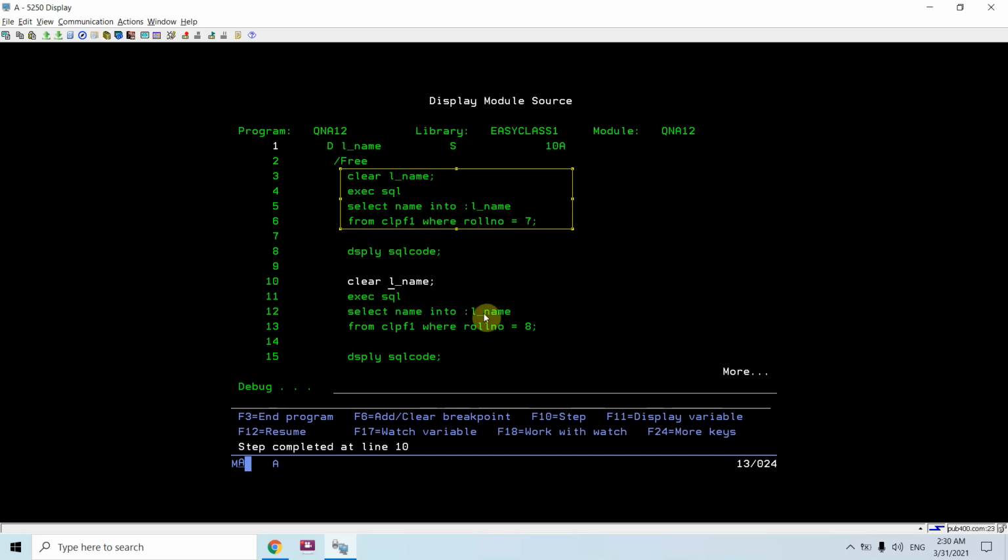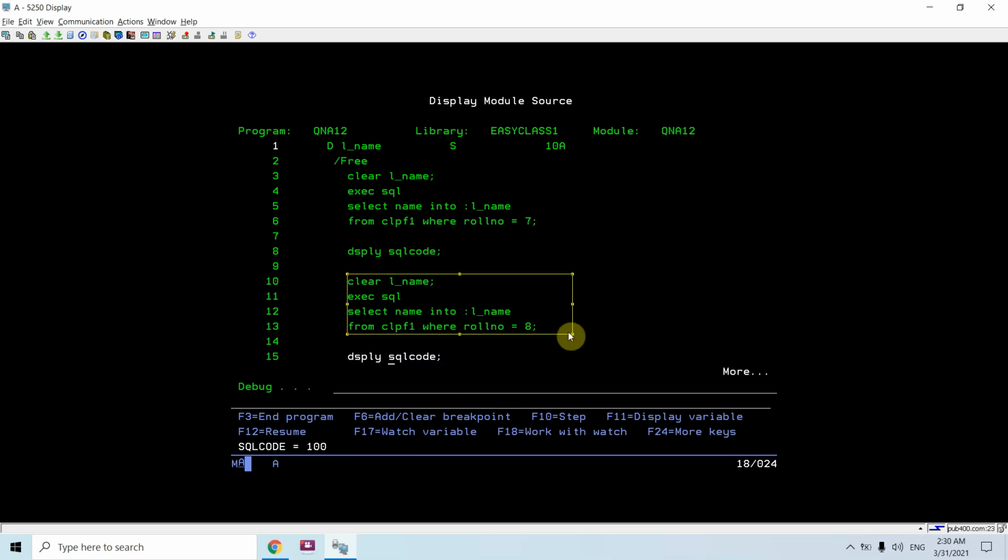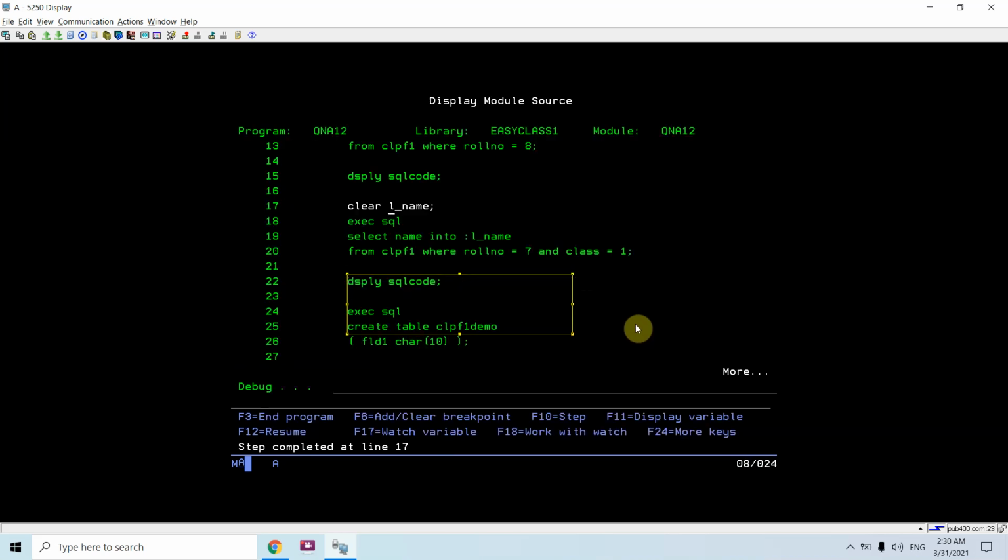Now if I execute this one, you won't find L underscore name and you will see SQL code is 100, meaning you are not getting any row for roll number 8. Now in this case you will get one row only, so you will get SQL code 0, which means that successful execution takes place for this query.